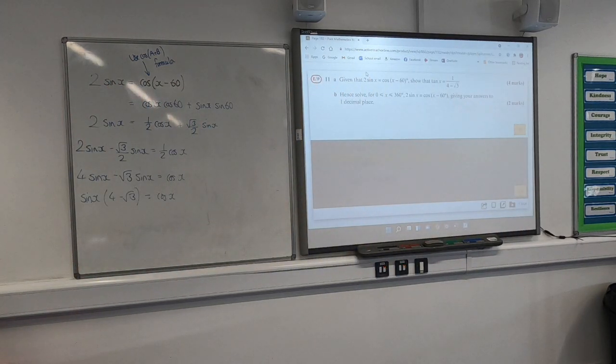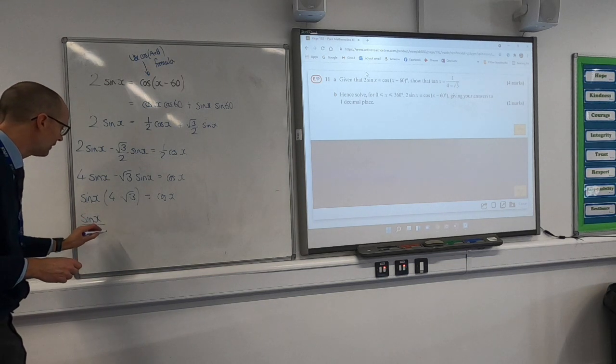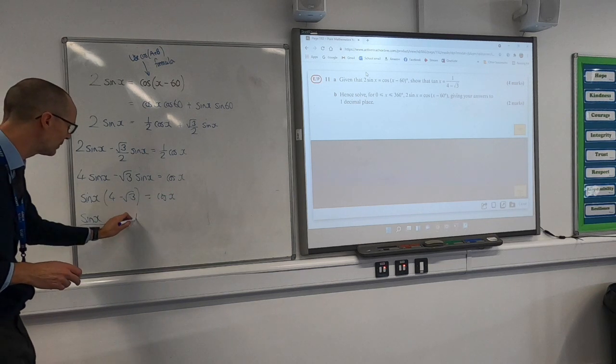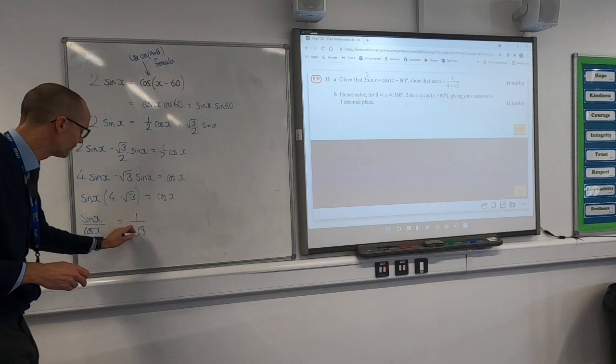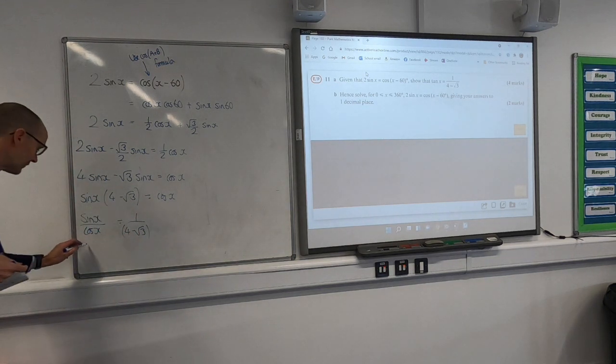So Beth, what would the next step be? Could you do where it's sin over cos, is it cos over sin equals tan? Yeah, so what am I going to do to that equation? Sine over cos is tan, so what am I going to do to that equation? Divide by cos. Brilliant. Divide both sides by cos, which leaves me with a 1 there, not nothing, a 1. And are we happy if at the same time I divide by 4 minus root 3? Which I could put in brackets, or I could leave as it is. So we've got